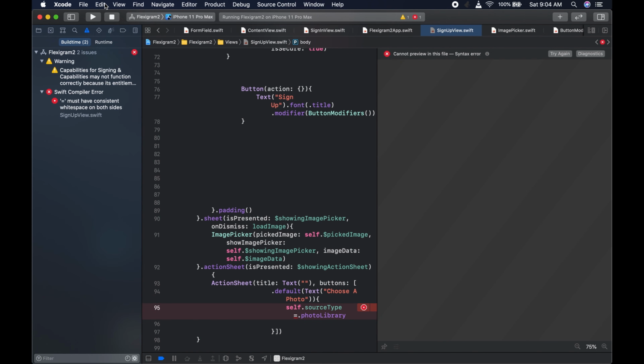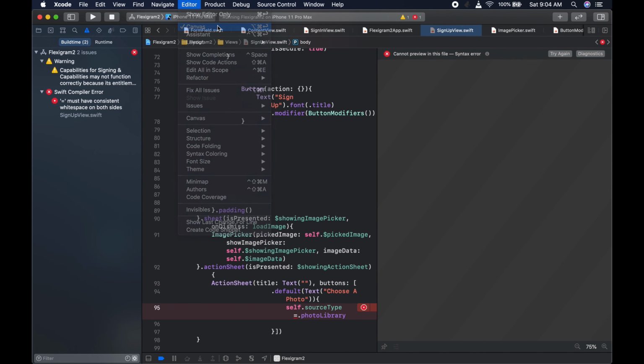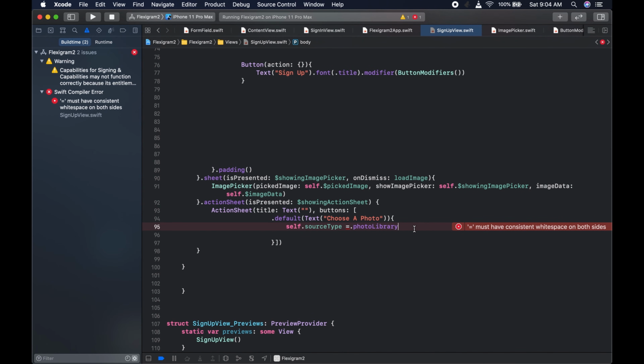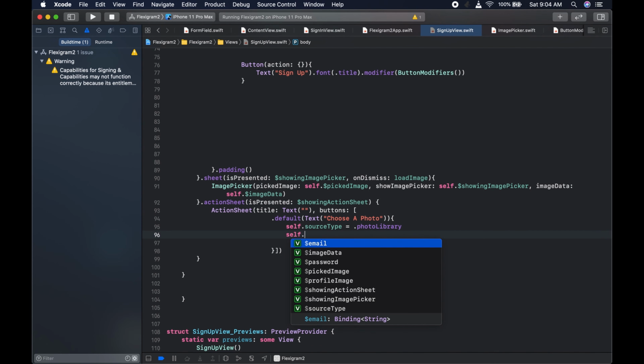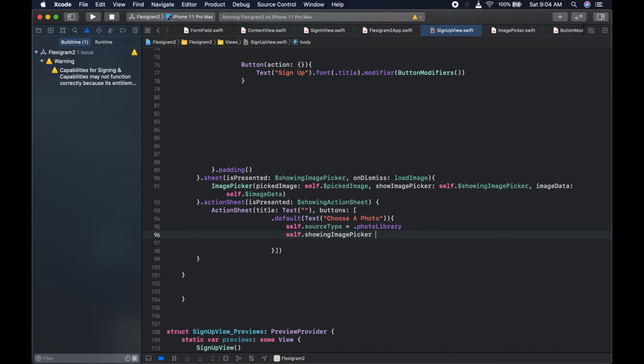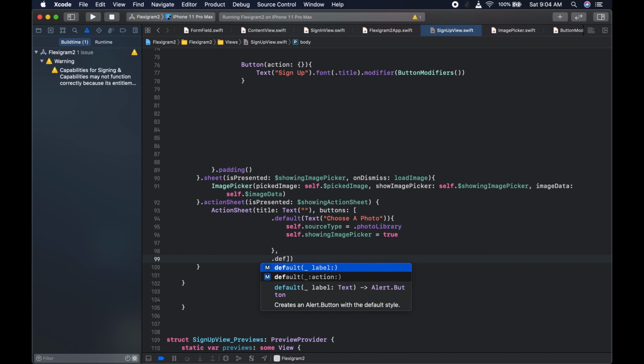Let's get rid of our canvas for now so that you can see the code better. So self dot photo library, let's give it space, and after that we are going to also say self dot showing image picker, and we're going to set this to true, like so. And after that we are going to come to the edge of this, and we are going to have another button. We could say dot default, like so, and this is going to have